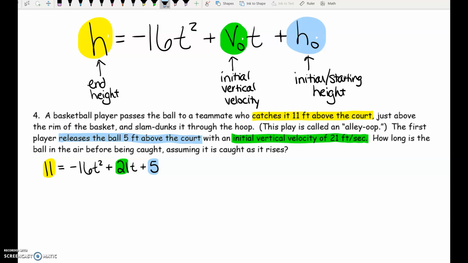Before we use the quadratic formula on this, what do we have to have on one side of the formula? We have to have a 0. So the first thing we need to do is subtract 11 on both sides. So we have 0 equals